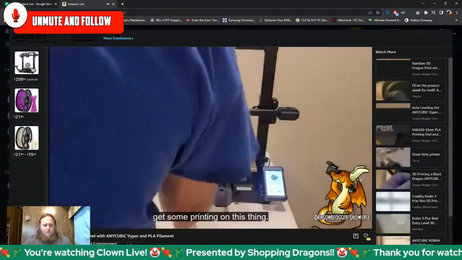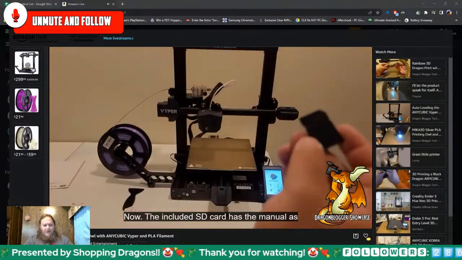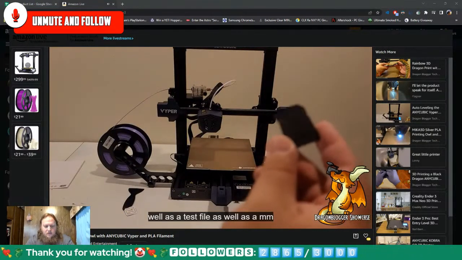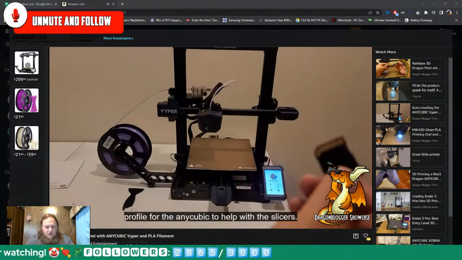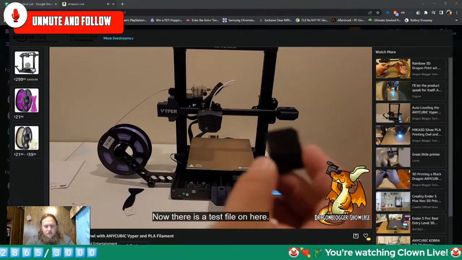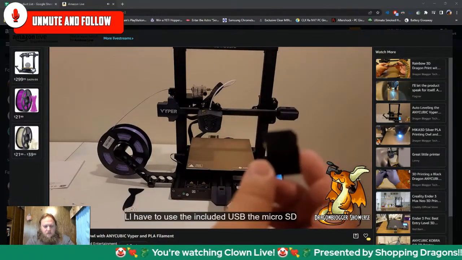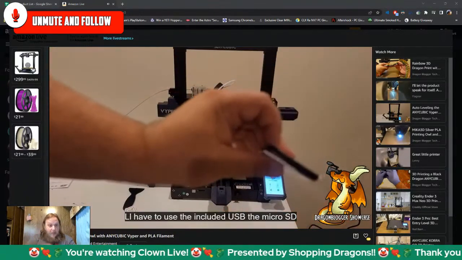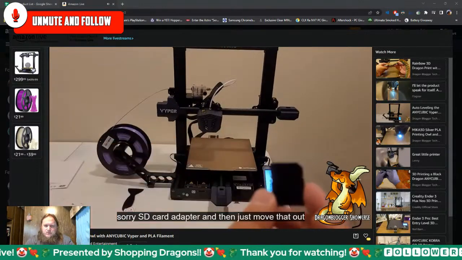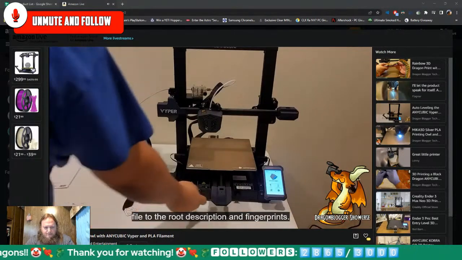Here's getting some printing on this thing. Now, the included SD card has the manual as well as a test file, as well as a profile for the Anycubic to help with the slicers. Now, there is a test file on here. It's an OWL. They did not put it in the root folder, so you'll have to use the included USB to micro SD card adapter, and then just move that OWL file to the root. So you just put it in,